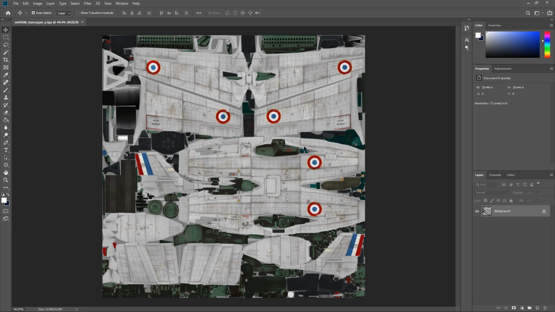Anyway, so this is the TGA file that the game will give you. And as you can see, it's just unfolded, so as long as you know roughly what things look like and where they are, you'll be able to make the skin easily. But a little tip I have for you guys: if you can't identify where something is on the aircraft, grab